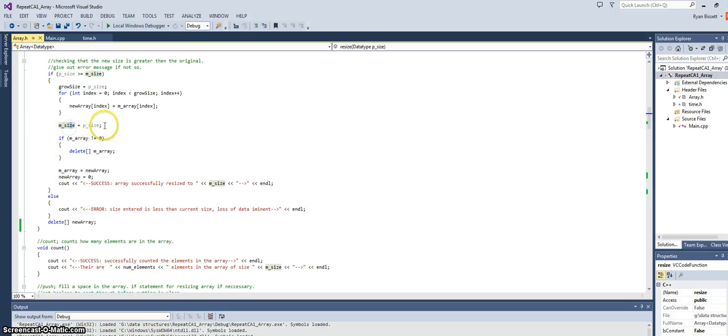You just change, instead of emphasize equal p size, the other way around, and it will go in here, and then the same idea that you fill in the array null. I just chose to do this because in my mind it seems a bit hazardous to have a resize function that you could downsize in, because say for example if you had an array of a few thousand employee information for a company and you're resizing it, if you miss so much as one integer when you're typing in, there's a big difference between 1000 and 100,